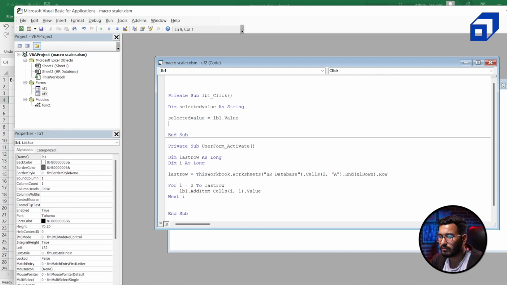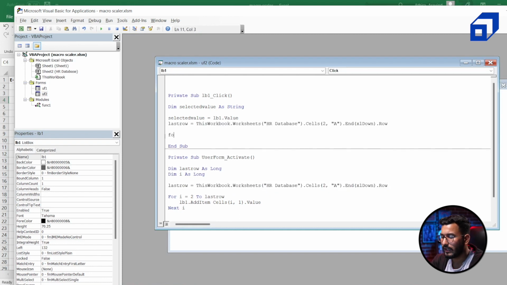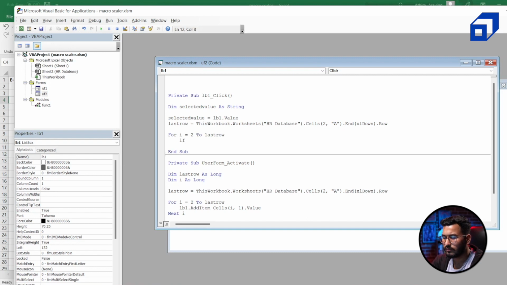Now I'm going to find out the last row. I'll just copy this code, the exact same code to find out the last row, paste it over here, and now I'll write a for loop. For i is equal to 2 to last row, my condition is Cells(i, 1), so I'm trying to match the value on the first column because that is the employee ID. So if Cells(i, 1).Value is equal to selectedValue,